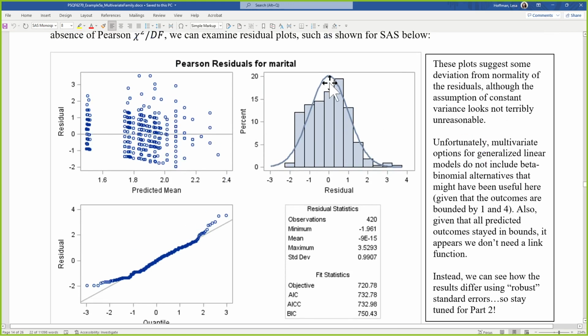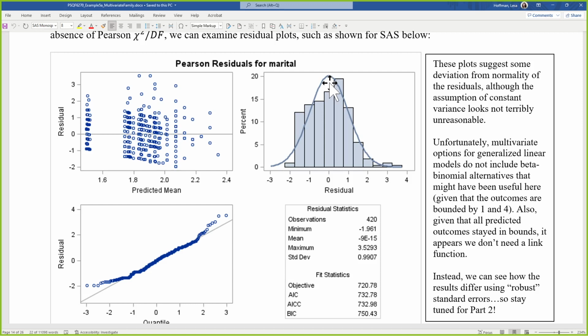So this is kind of the problem, I feel like, when we're trying to decide if something is good enough. There's not really tests for this, and the ones that they do have are super sensitive to sample size and other sorts of issues, and so people tend not to rely on them. More pragmatically, I do not know of a single way that I could fit a multivariate model with a beta binomial conditional distribution and a link function that is a, what do you call it? What's my word? Starts with a B. Binomial. The logit link function. There we go. I don't know how I would do this, to be honest with you.